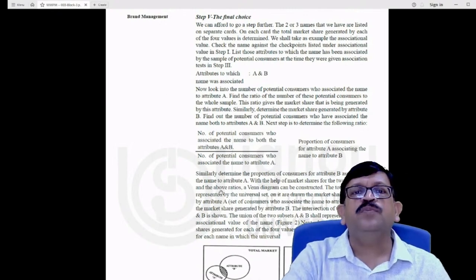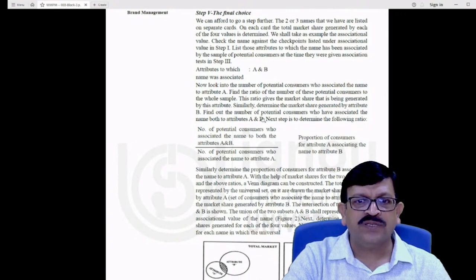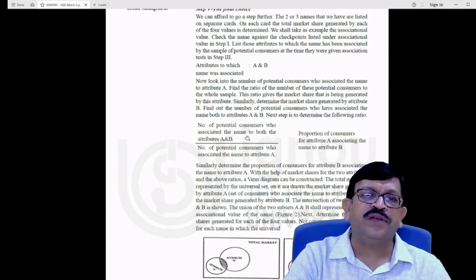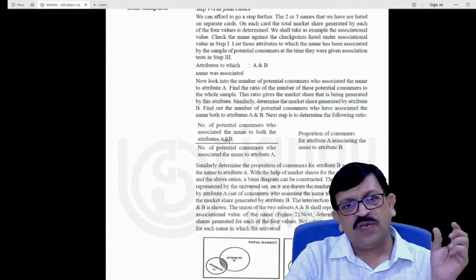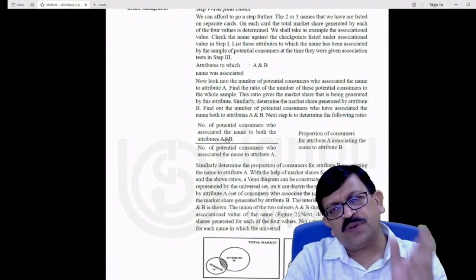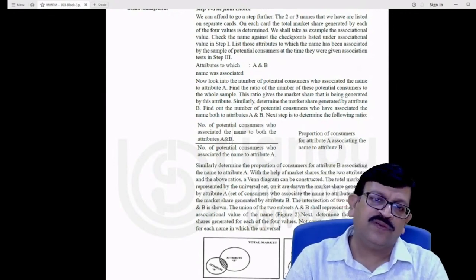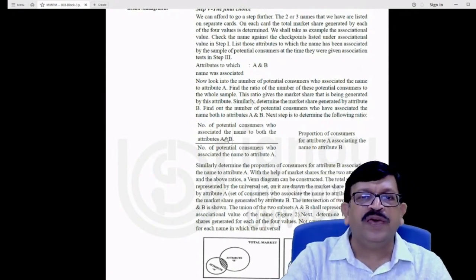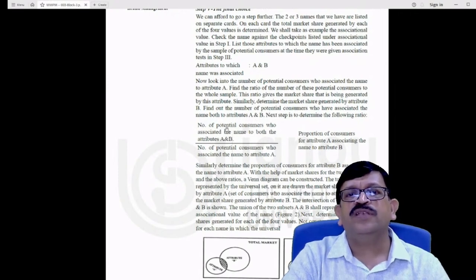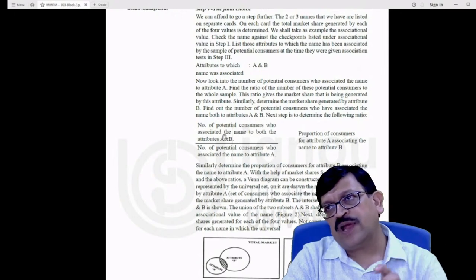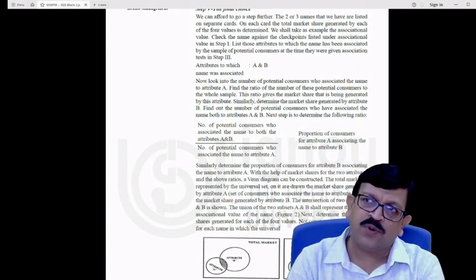Here, to take a case in point, we talk about the 2 options which are given to us, A and B, and you see the number of potential consumers who are associated with them. If you see in the list, that is the percentage of people who have given certain preferences, that has been mapped. So from there, out of 100, these are the people who have talked about a particular attribute, both attribute A as well as attribute B.